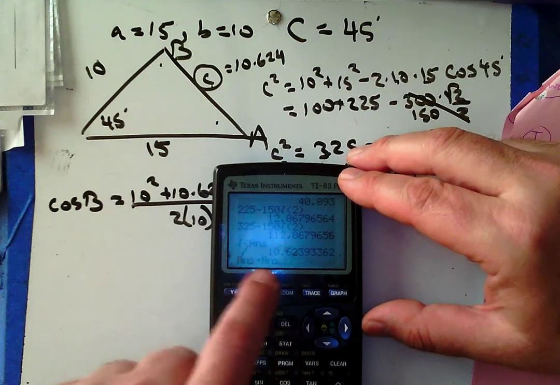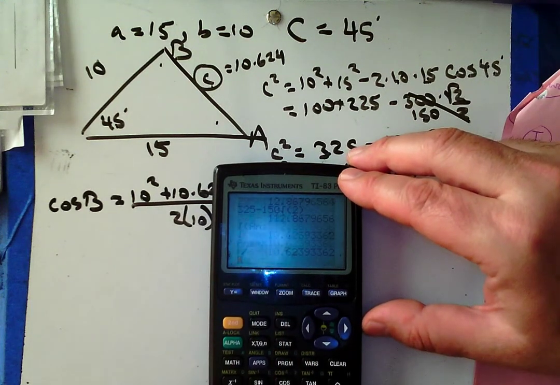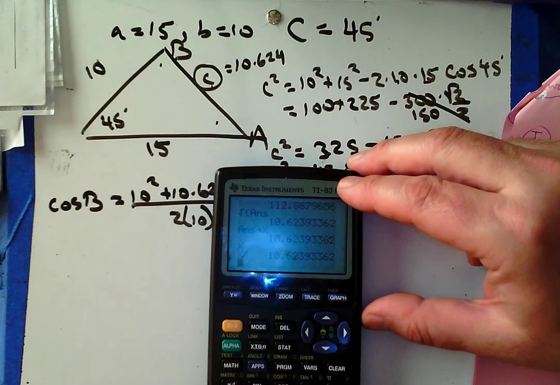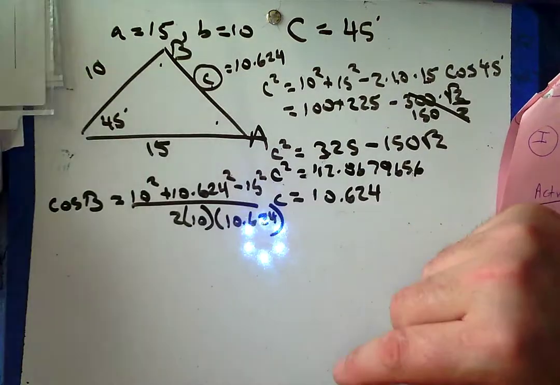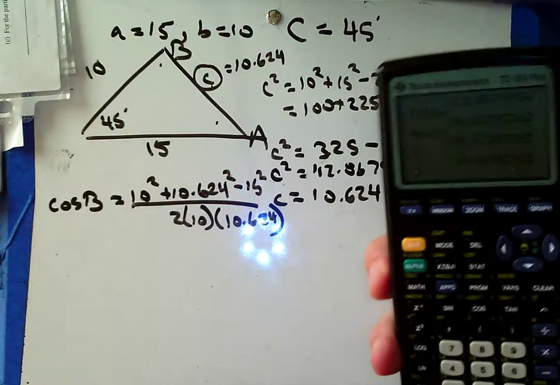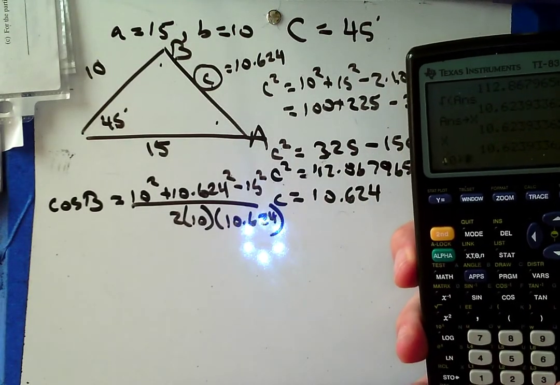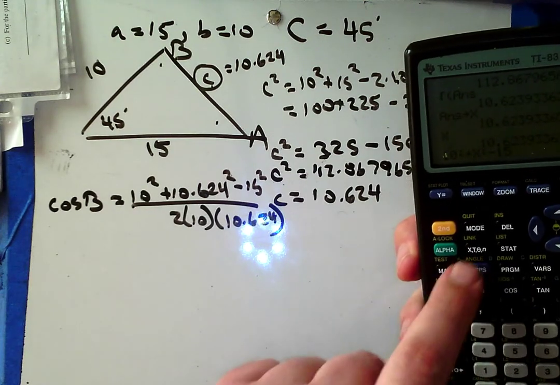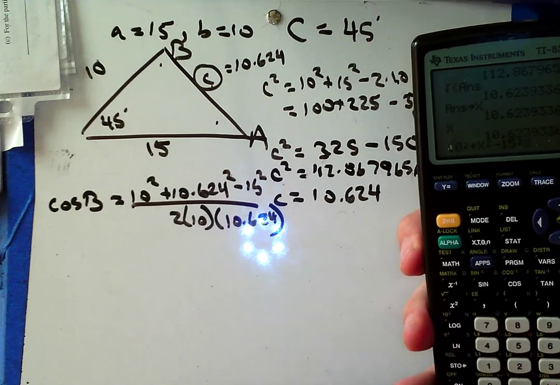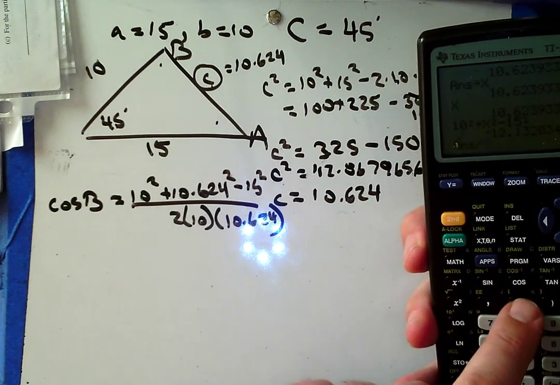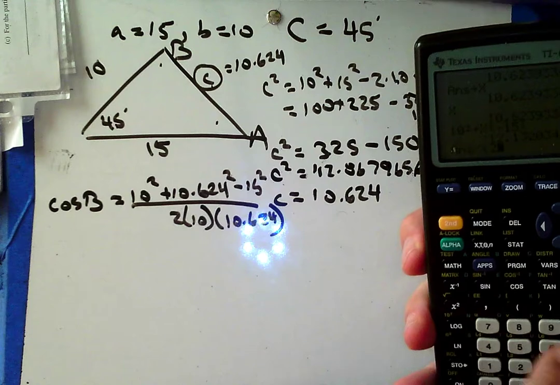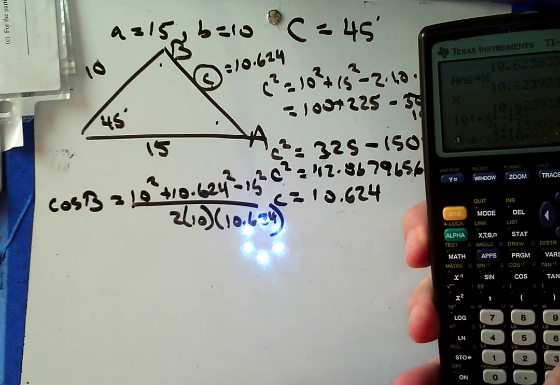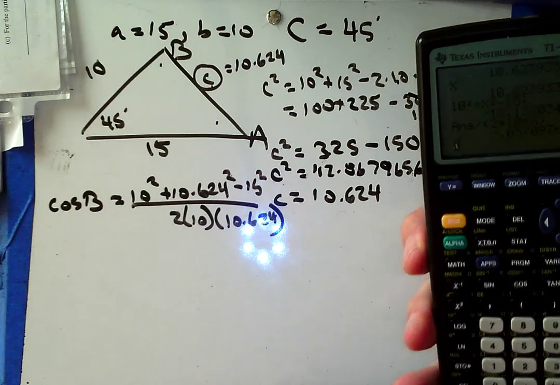No, I'm going to store that answer in x. Okay, so that's x, right? So I touch x, and oh, there it is. So now I'm going to type in 10 squared plus x squared minus 15 squared, and then I'm going to divide that by 2 times 10 times our 10.624 number, and I get negative